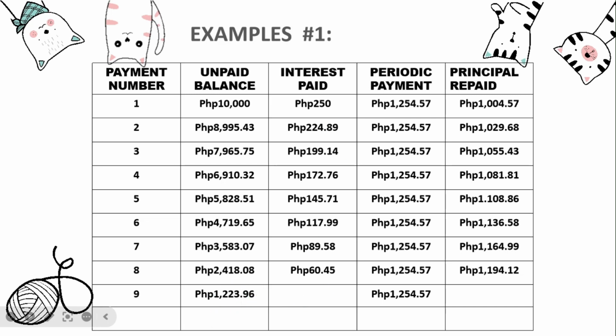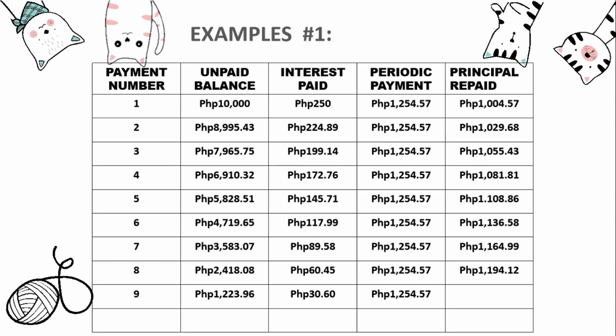Let's multiply it to our i, which is 0.025, and we will get our last interest paid of 30 pesos and 60 centavos. Let's subtract it from our periodic payment, and we will get 1,223.97. So always remember that all periodic payments are equal. So let's get the total amount of all the interest paid, periodic payment, and principal repaid, and we will get